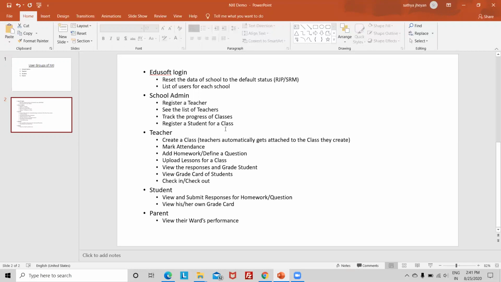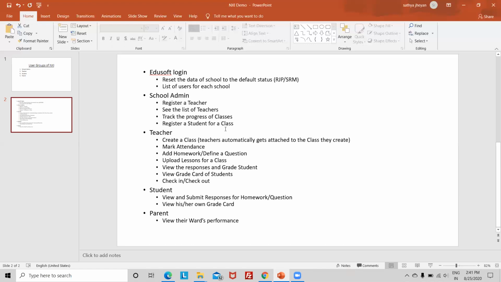Already we have some default demo data built into the application, so as you add more data on top of that, this will reset the current state to the default status.